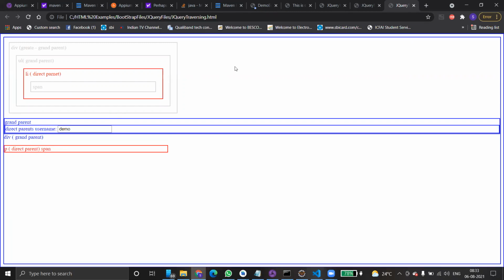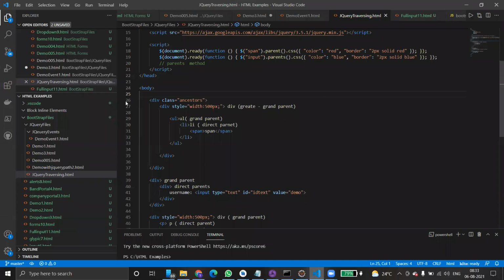Yes, and who is another parent actually? Keep observation here. There's one more frame that is also in blue color. See, why? The division's parent. Who is the division's parent? Body. Yes, body. That is the reason. If you use parents, automatically the border and color also get changed